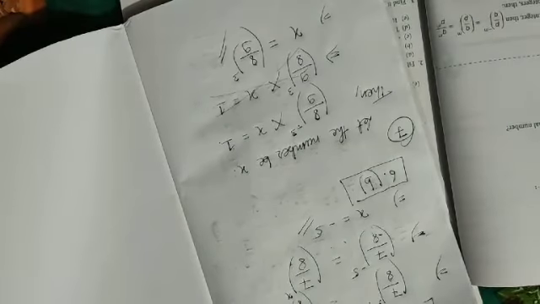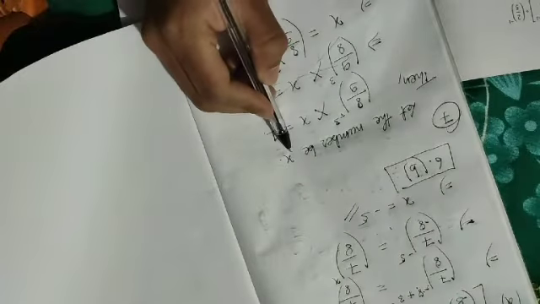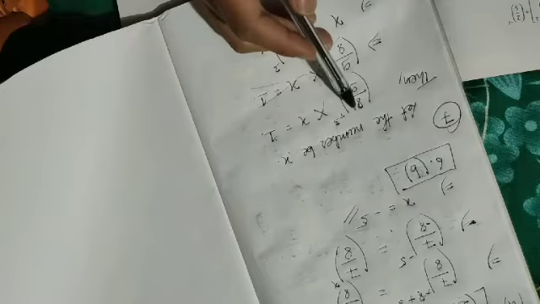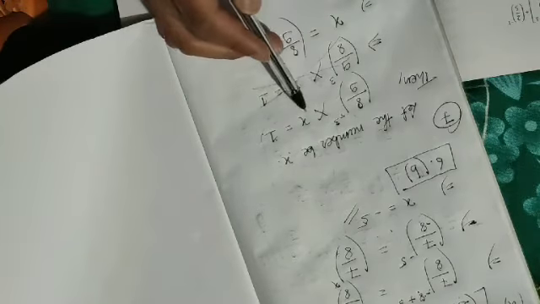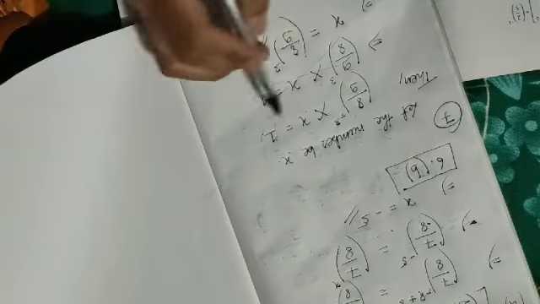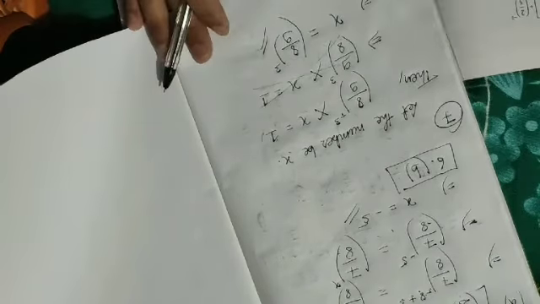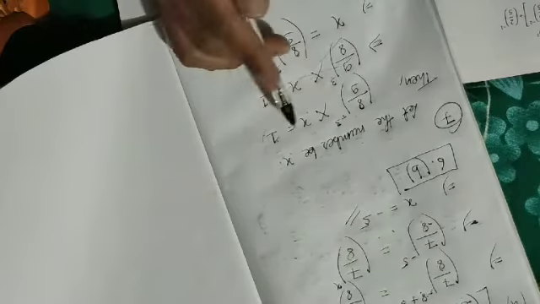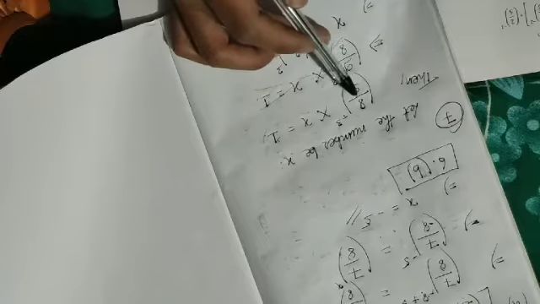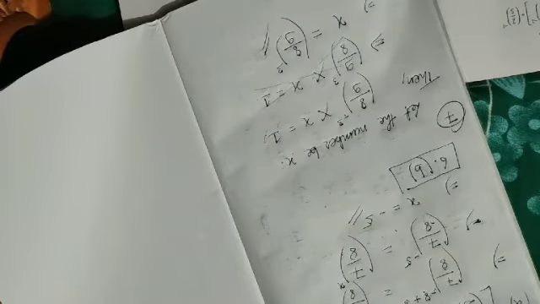Okay, did you understand? So we assume the number to be x. Okay, and then after that we use the condition, because if we multiply (8/9)^3 by x, then we'll get 1, isn't it? So according to the question, this is the condition. So now we have to find the value of x. First, what I did, I first made this power as positive by writing the reciprocal of the base, isn't it? So the power has become positive into x. So now I have to find the value of x.